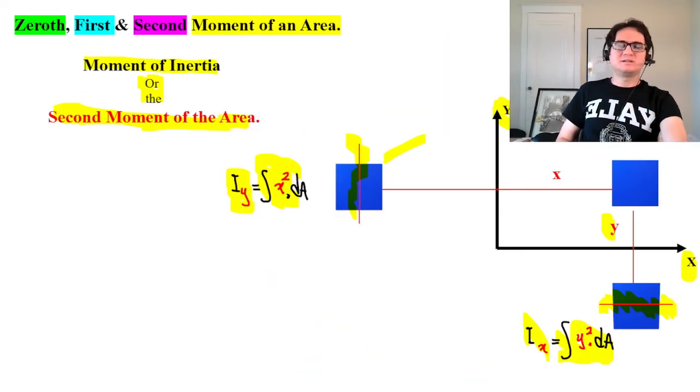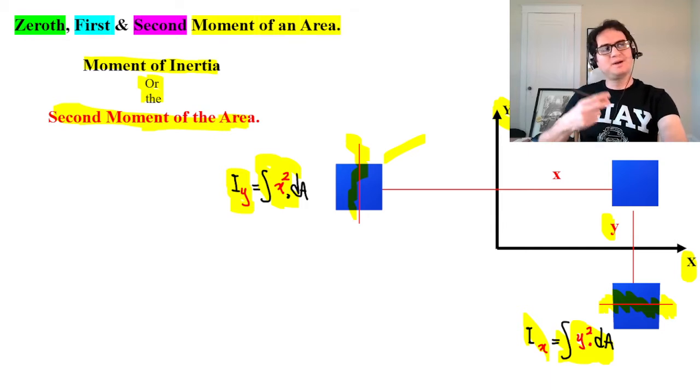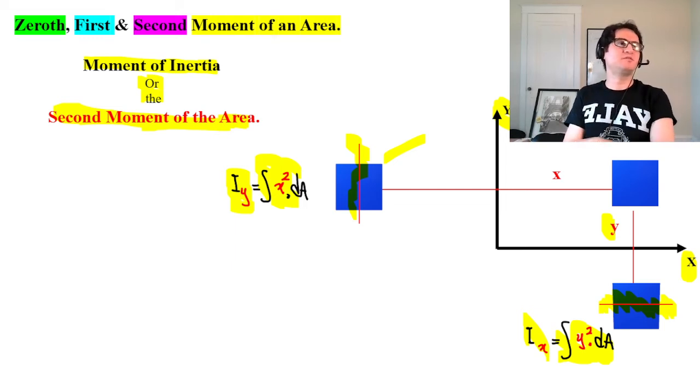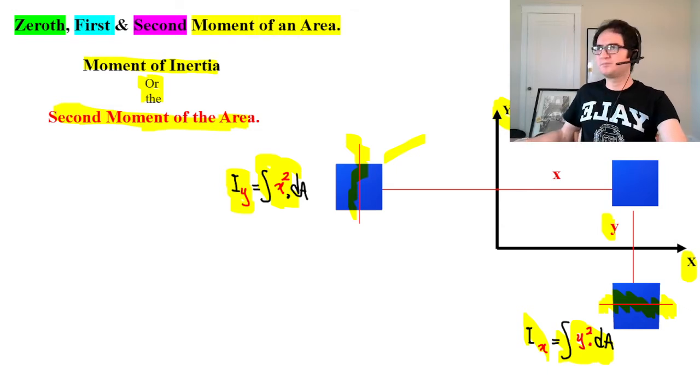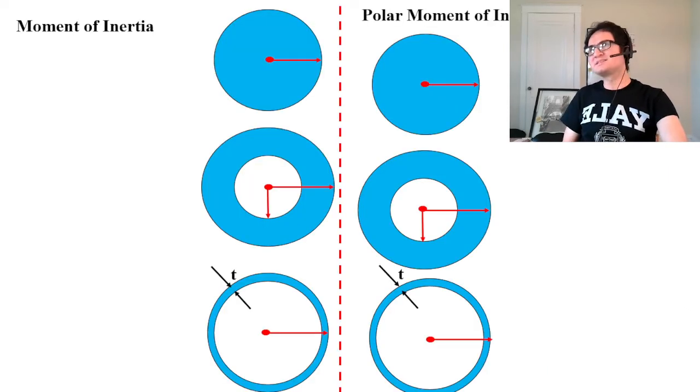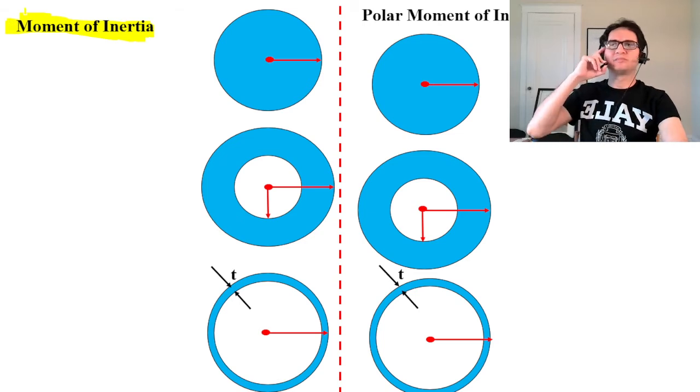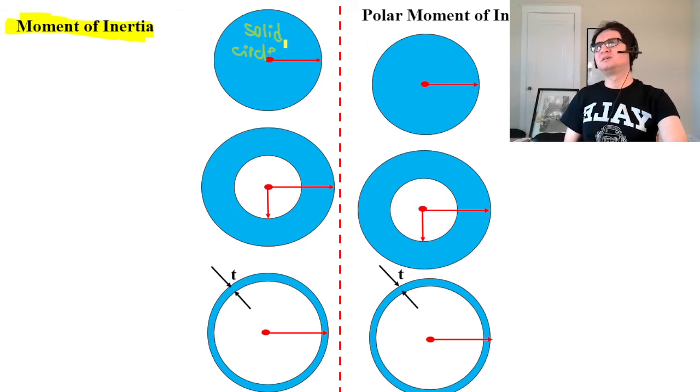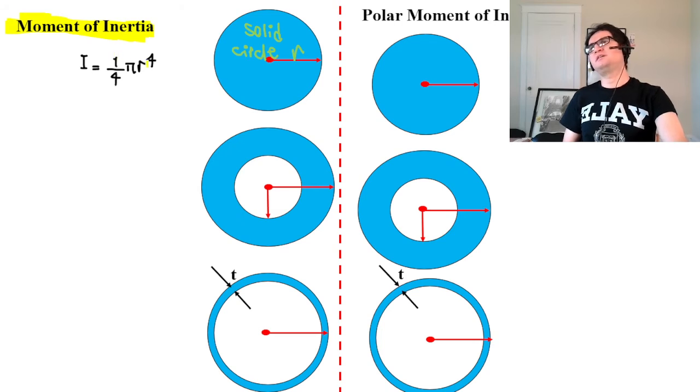So far we just reviewed the formulas and also the meaning behind the moment of an area, and we call the second moment of an area the moment of inertia. Let's review the concept of moment of inertia. For a solid circle with the radius r, which we already know, Ix